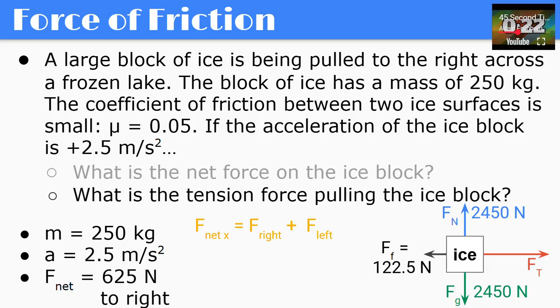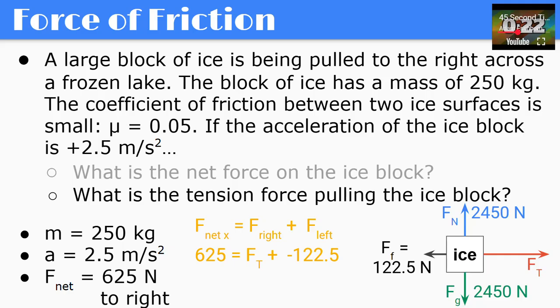Your net force in the x direction, the horizontal direction, is simply all of the forces that you have that are going to the right plus all of the forces that you have that are going to the left. You're just adding together. It's the sum of the forces. Keep in mind, forces to the left are negative. So when you're adding it, you're really subtracting. All right, with that,